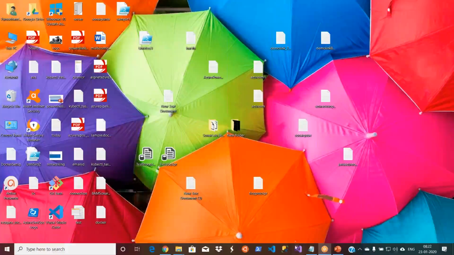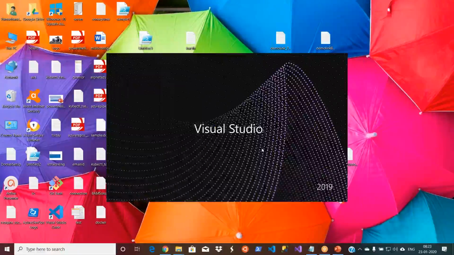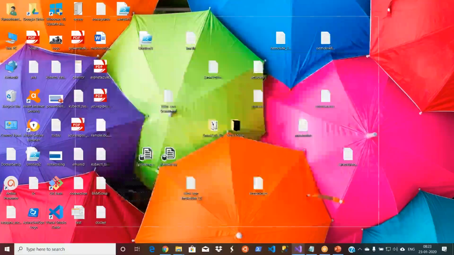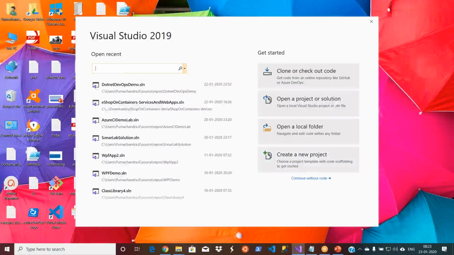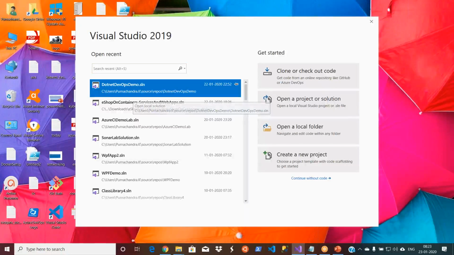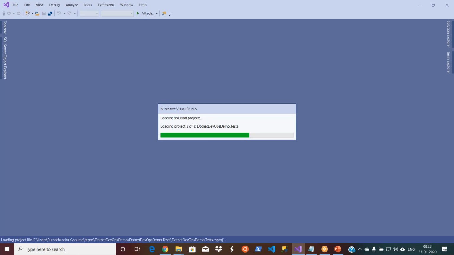Okay. So let me open my Visual Studio, and we were talking about the database now. So our .NET DevOps demo, let's open it. Since it is loading, it will try to connect to the database.